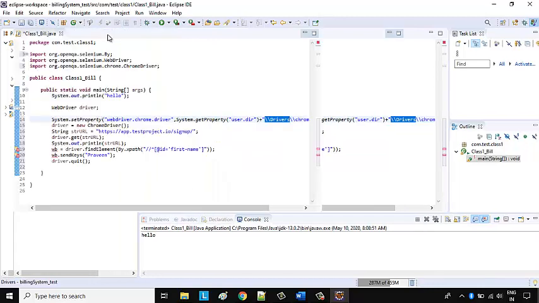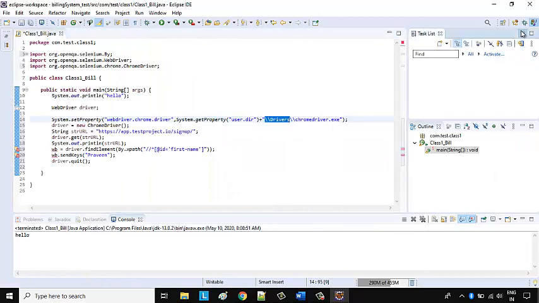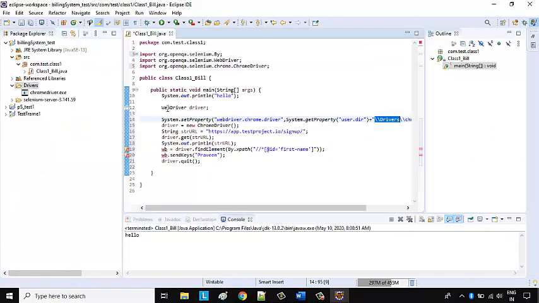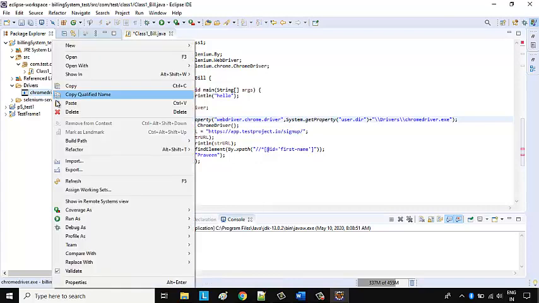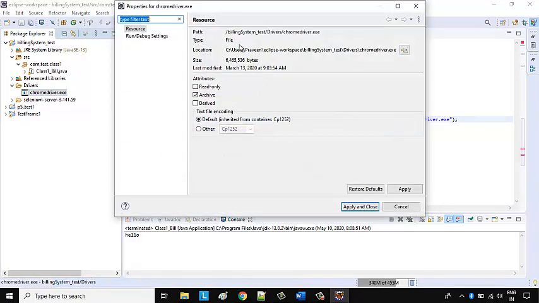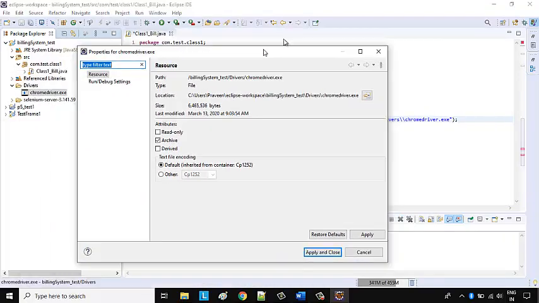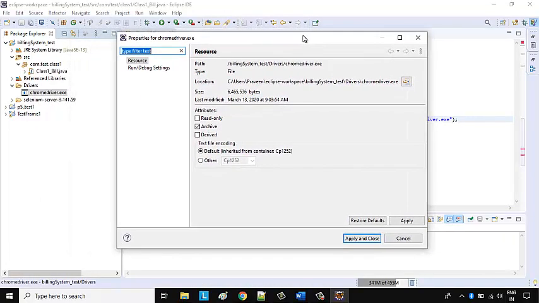Let me minimize that so that we can view a larger view. This is the same path that we have given. You can see here we have used a double backslash. If you want to see how to get that path, you can easily get it from here. It is located under the Chrome driver directory, so I just picked up this path from here.